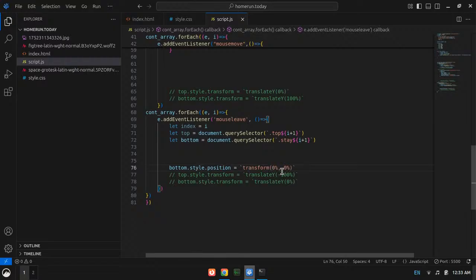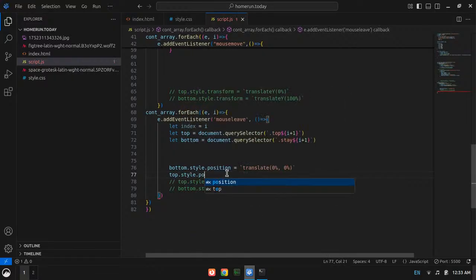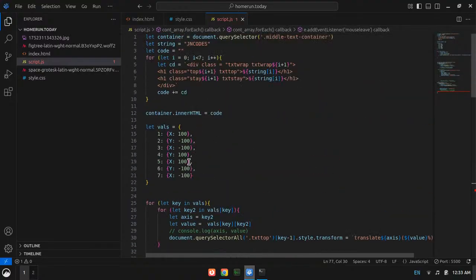Okay, that is where the transform is, and here it is going to be translate. And for the top.style.position, I need actually the value and the key here, right?